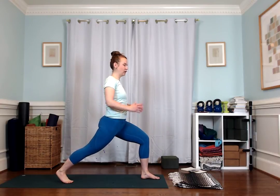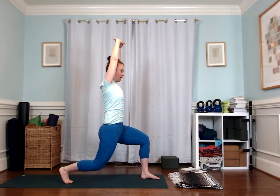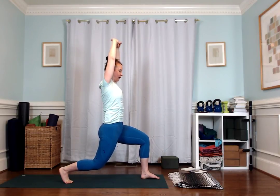Reach back, interlace your fingers in front of you. Push your palms away this time. Reach your arms high, and then find a bend in that right knee. Soften those lower ribs in, but push your hands back. Engage through that right glute and tuck your tailbone under a little bit. And then release, straighten through that back leg, ground your heel, open up into a warrior two,